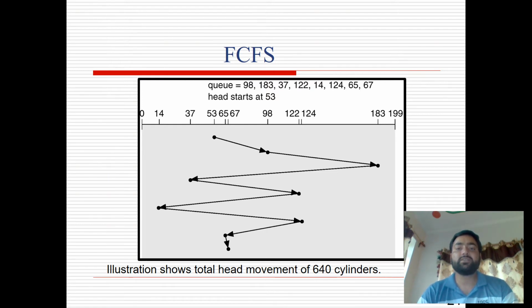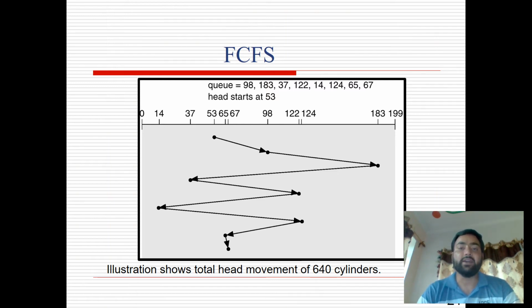In this, as you can see, starting from 53 and moving till the end, the total head movement is 640 cylinders. This number of head movements demonstrates the performance of the system, as the fewer the head movements, the higher the performance.